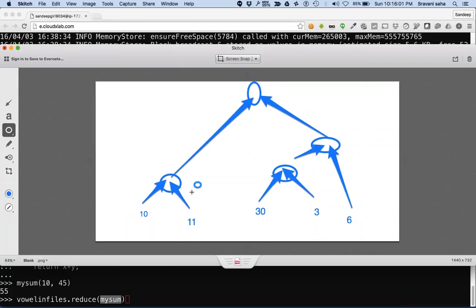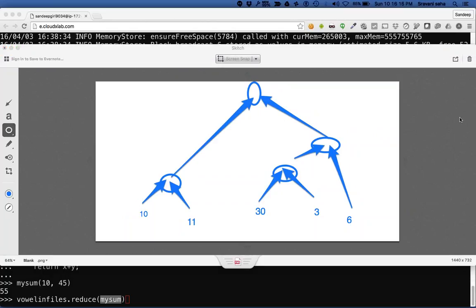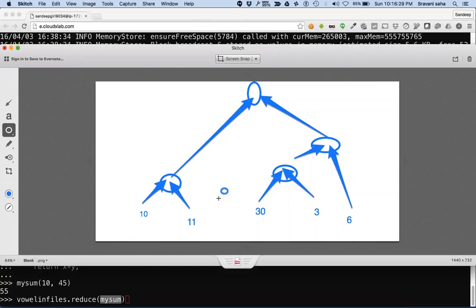So my sum is going to be executed how many times? One, two, three, four. It's executed 4 times, so if there are n elements, it's executed n minus 1 times. Thank you, that's right, Parvez.